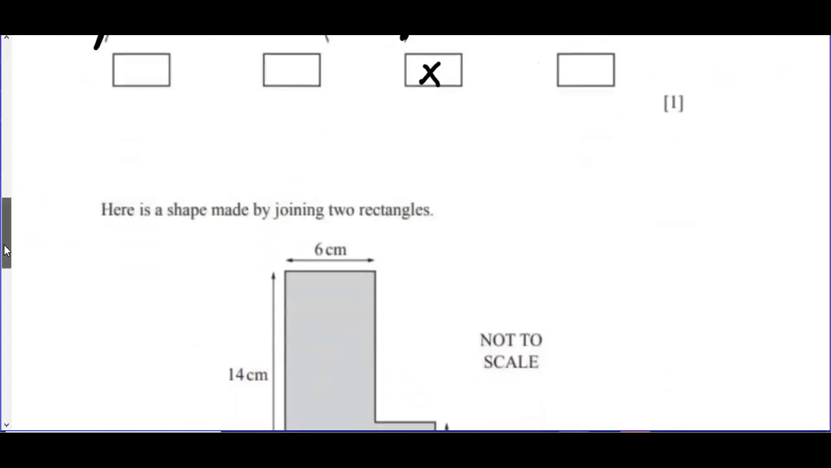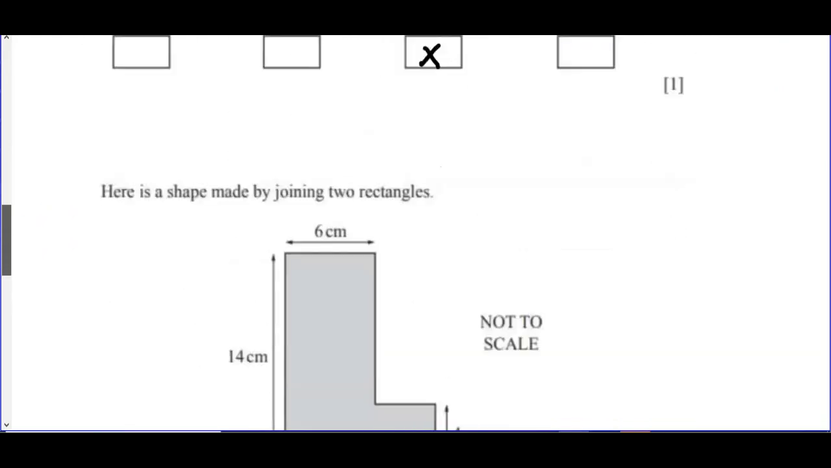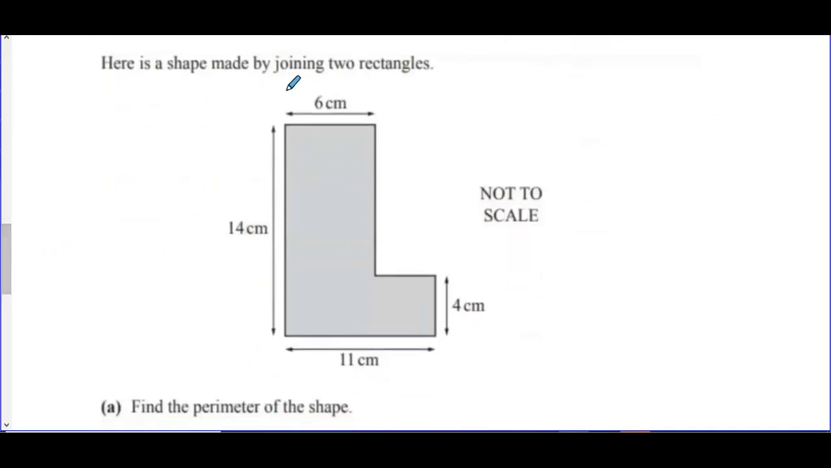Okay, the next question. All right, so we have this question here. This question is talking about a shape which is made by joining two rectangles. Oh, there are two rectangles here. How can we know them? So what do we do? This is known as a compound shape. This compound shape is made up of